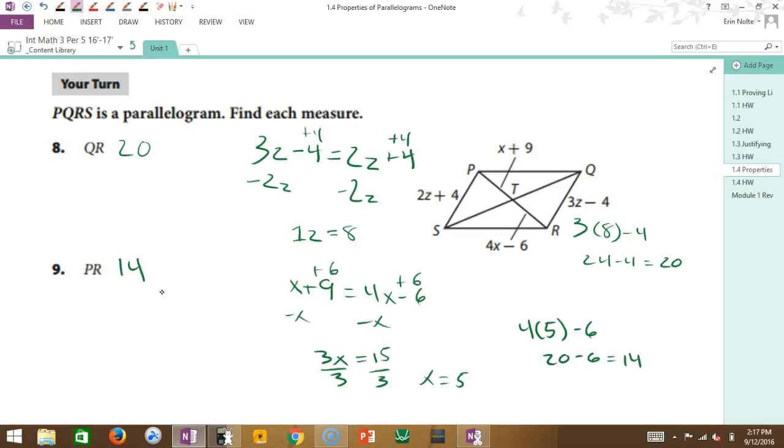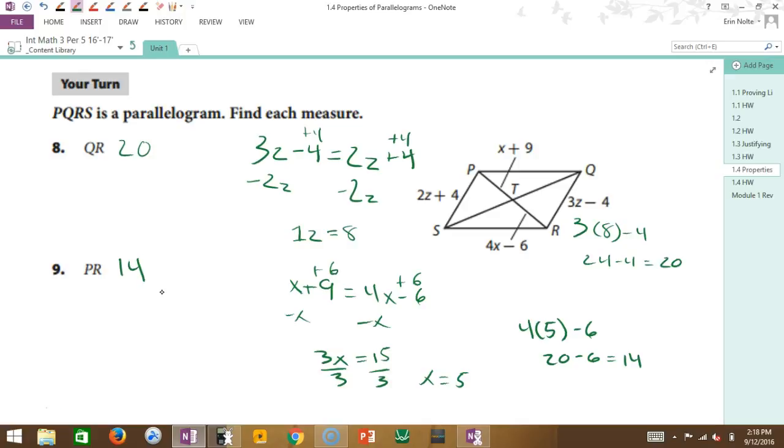So once you find the z value of 8, what do you have to do to find QR? Plug it in. Okay, so that's his work right here. He took this length, plugged in 8, and found that 24 minus 4 is equal to 20. And that's the length of QR. Okay, so then for finding PR, that's this total length,